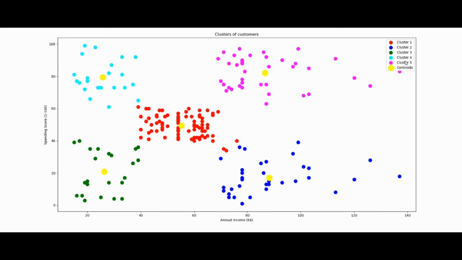Now our cluster 4, which is cyan, has low annual income, but they spend more because their spending score is higher. Now our cluster 5, which is pink, has high annual income and their spending score is also high, and these yellow dots are the centroids of our clusters.